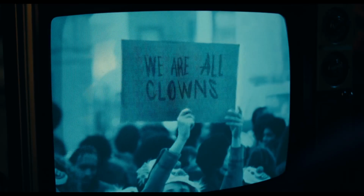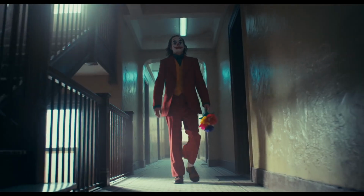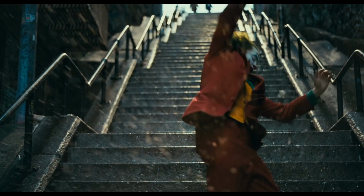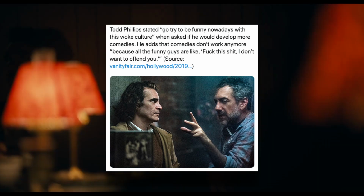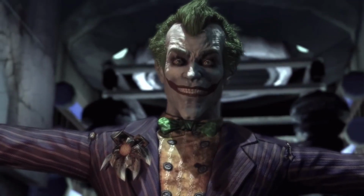DC's Joker hits theatres worldwide this week, and already the internet is ablaze over the story of an embittered comic driven to the brink by a world which no longer finds him funny, and that's just the film's director. But we're not here to talk about Todd Phillips' unique brand of method directing, we're here to talk about comic